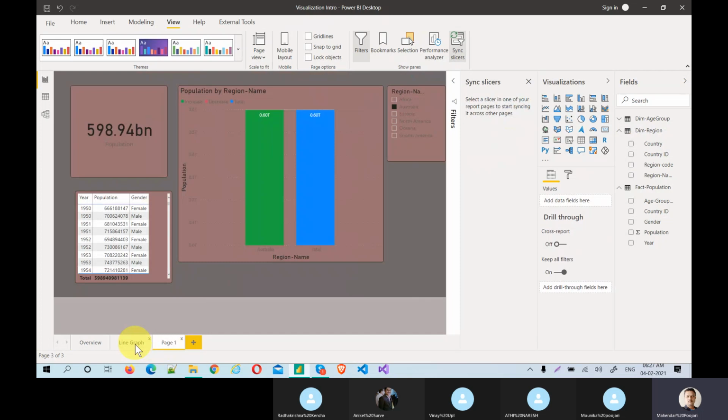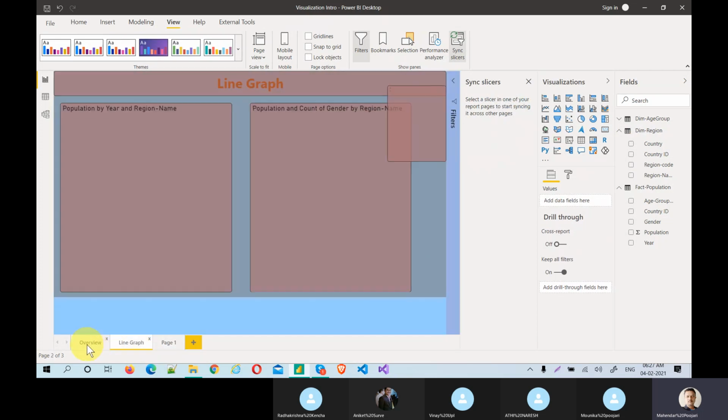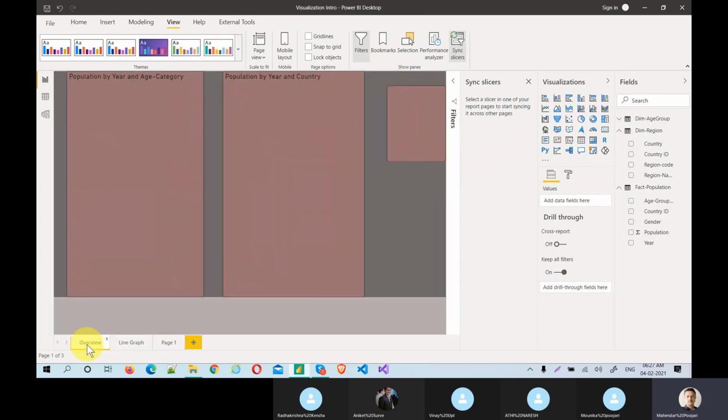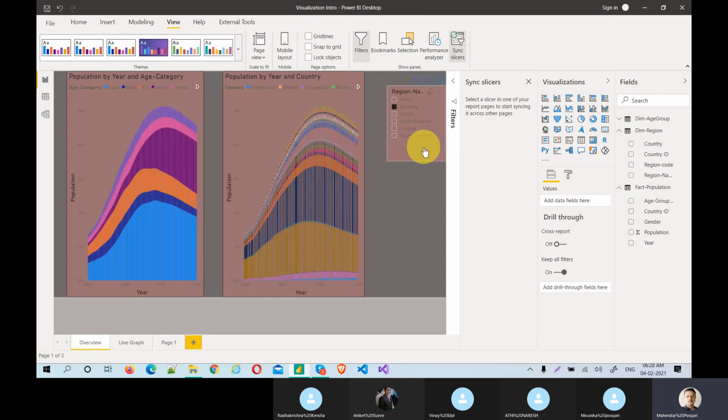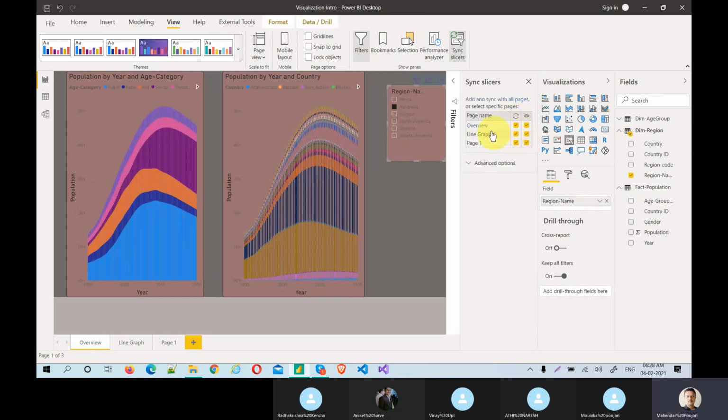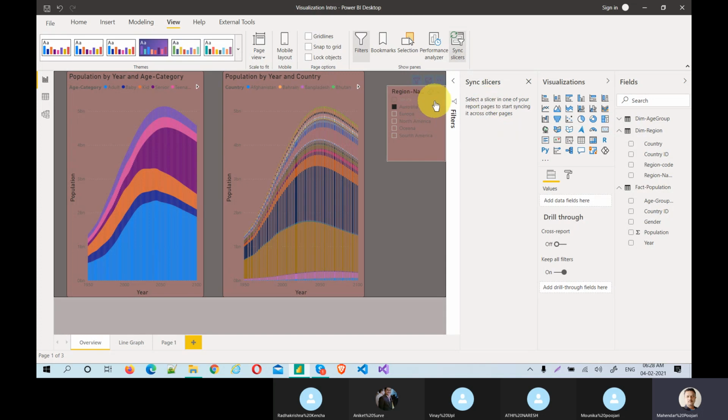Across all the visuals, it will be selected by default. If you don't want that, you can simply unselect it. It depends on the client requirement. A business user will come and only verify a particular region, and in that case this sync slicer will help you a lot.